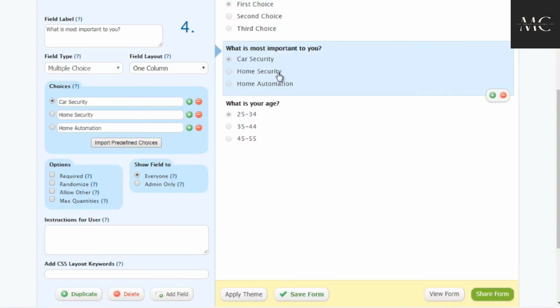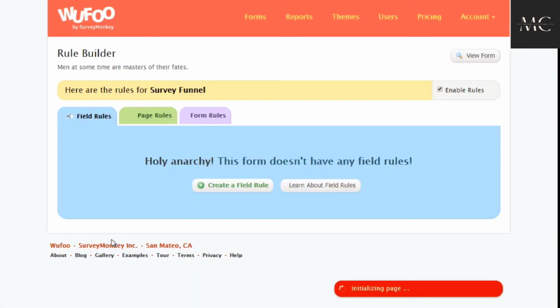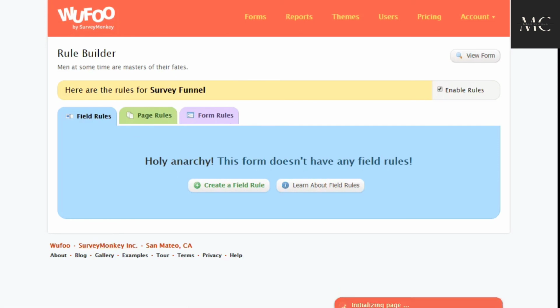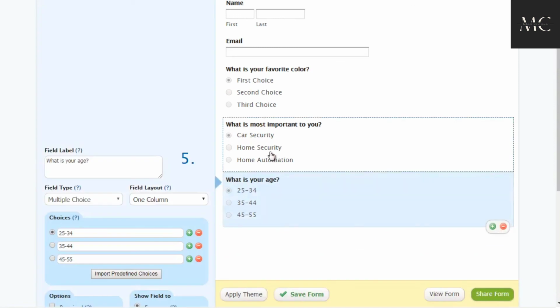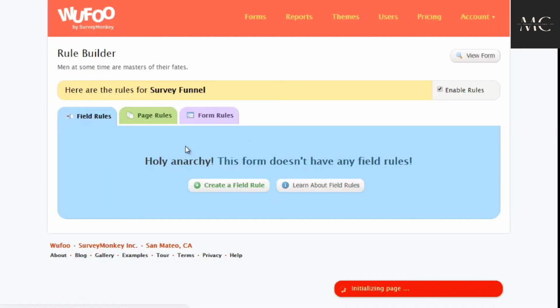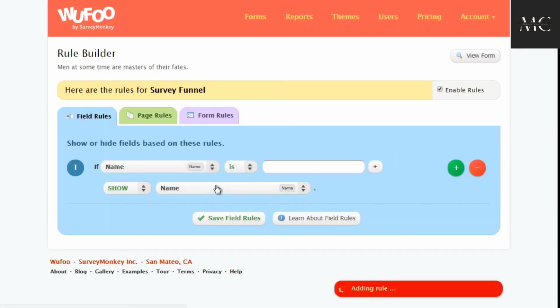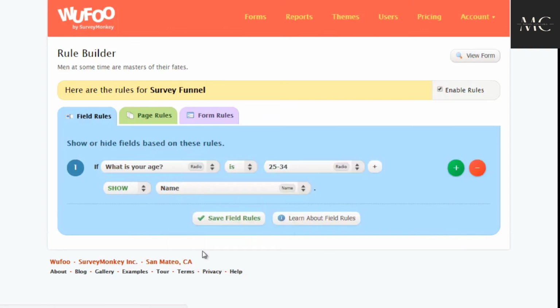So if we select the field and we scroll down, we click on Add Branch and Logic. So it says you can redirect people. So let's go back over here. Just select this here, scroll, it says redirect people to different pages or fields based on their responses. And that's what you want, right? So going back over here, we can create a field rule and we can say if age is 25 to 35,